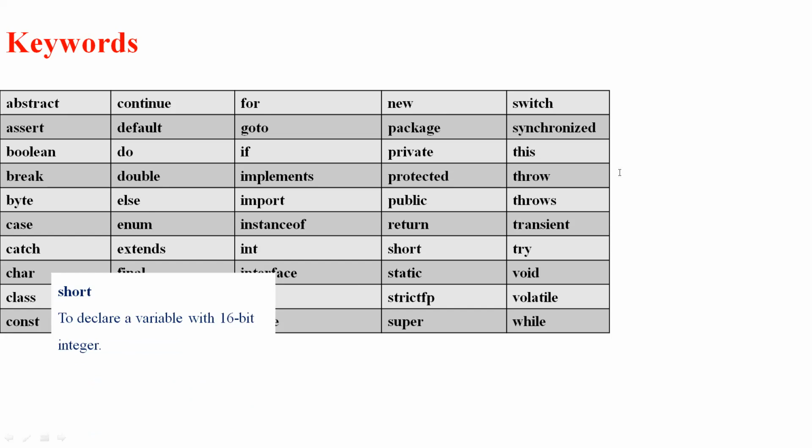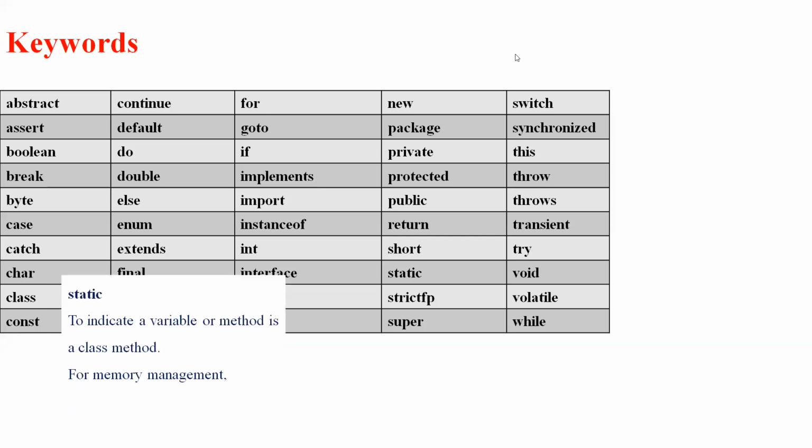Next keyword is static. Static is called a non-access modifier, which is used to indicate a method as well as a variable.